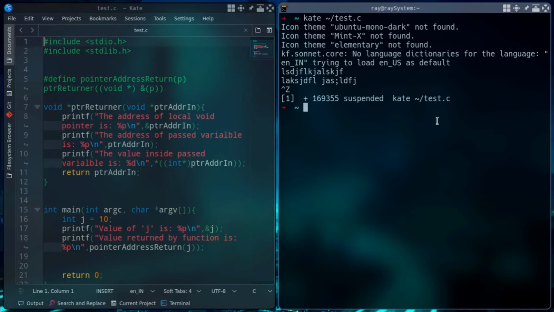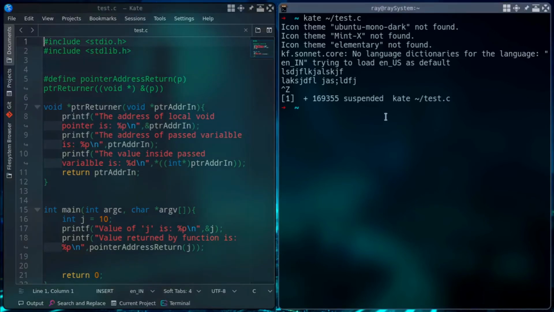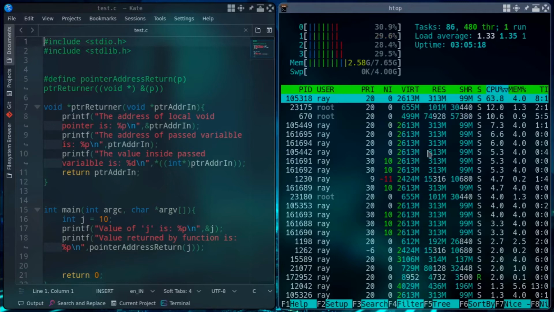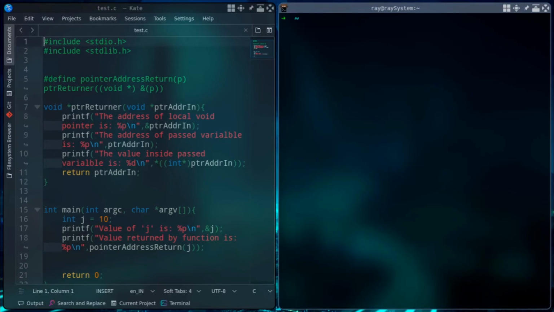It shows that the kate application has been suspended, and its process ID is shown at the beginning. Once you suspend a program, you cannot use that program. I cannot type or do anything in this text editor because it's been suspended. Now the terminal is free and it will be available for other commands. So I can type htop and view all processes running on my system. And the shell is available for other commands, as I mentioned.